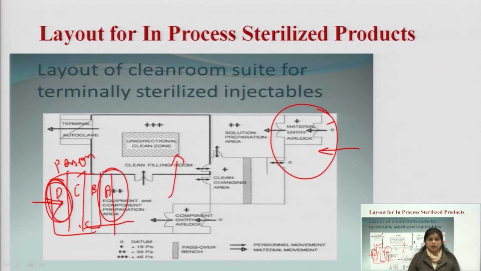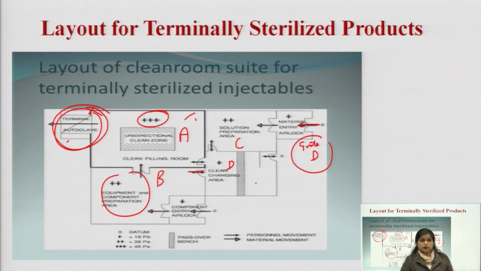free from microorganisms. Whenever personnel are moving from D towards A, they have to take extra precautions for personal hygiene. There will be a changing room, they have to change their lab coats, put on the hair mask, put on the face mask, and even cover their shoes with sterilized covers. When you are moving from D towards C and from C to B, extra precautions need to be taken so that we can prevent our product from microbial contamination.